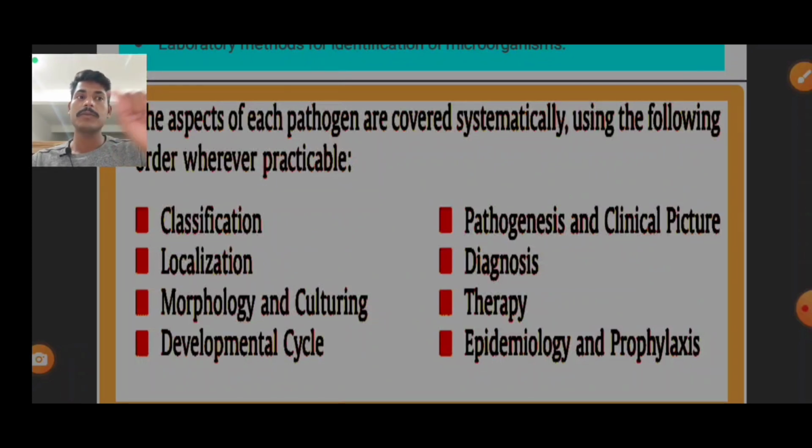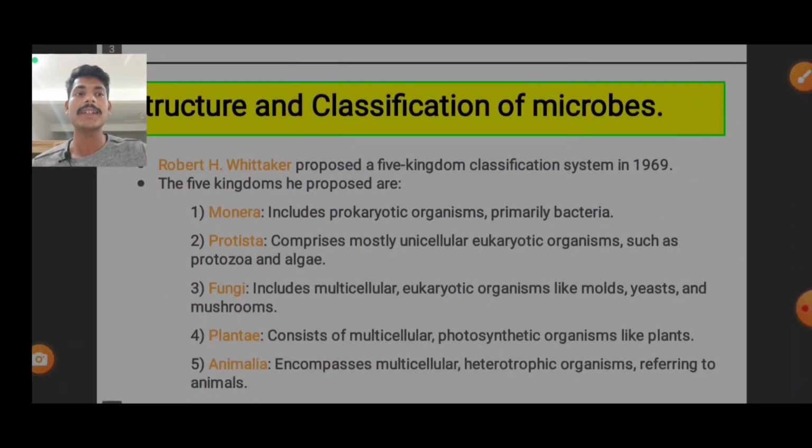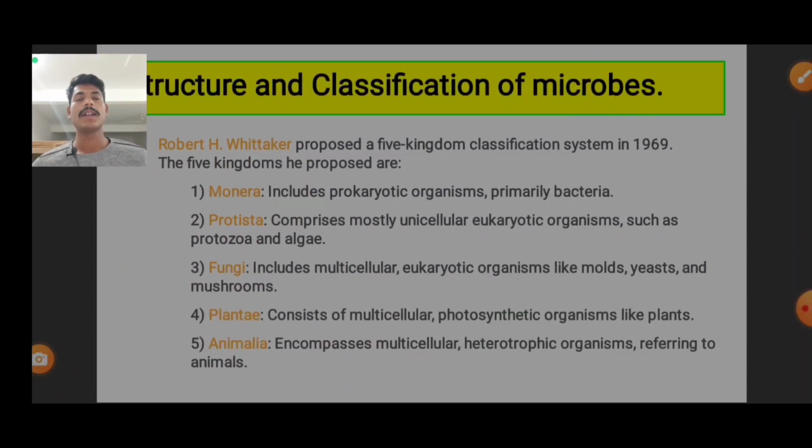So we will discuss each and every pathogen under these topics. Hope you all are clear with this concept. Now, structure and classification of microbes. As you know, in your previous classes,